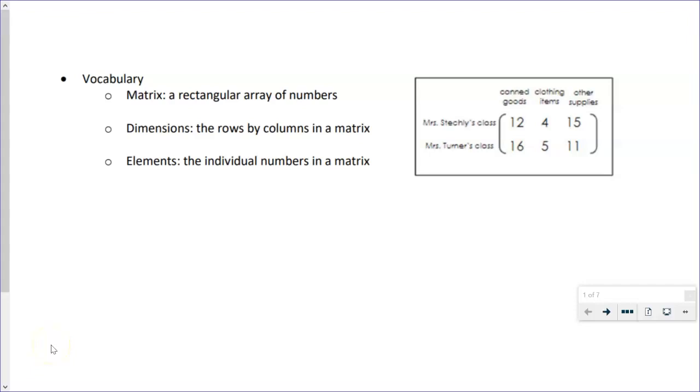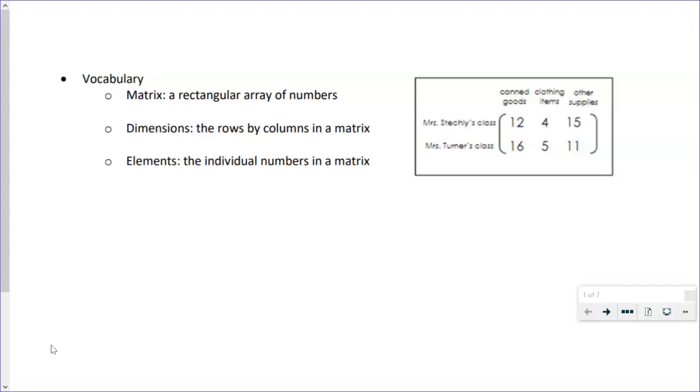All right, so this video is on your 6.3 notes, Intro to Matrices and Basic Operations. So here on the right is an example of the matrix that comes in a bracket. The matrix is called a rectangular array of numbers. It can have different dimensions,